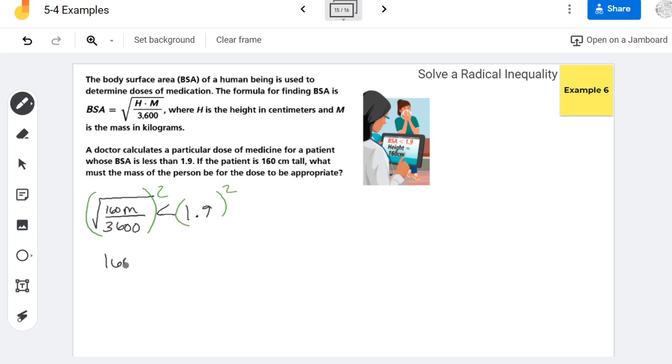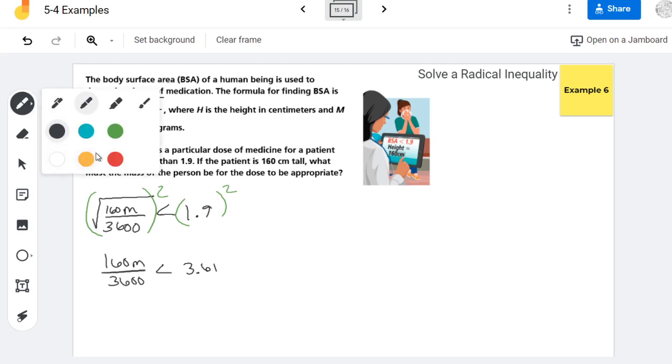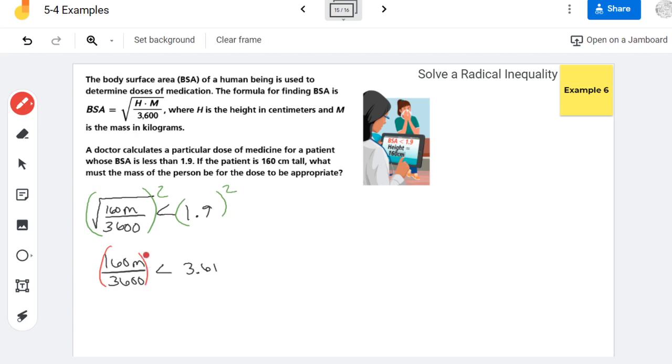When we square, we don't have to do anything weird with the inequality symbol. Remember, when you multiply or divide by a negative, you have to flip that inequality symbol. We don't have to do that here, so we're going to rejoice in that. And 1.9 times 1.9 is 3.61. Alright, now I'm going to multiply by that 3600 to get it out of the bottom of the fraction. And so when I do that, I get that 160 times the mass is less than,